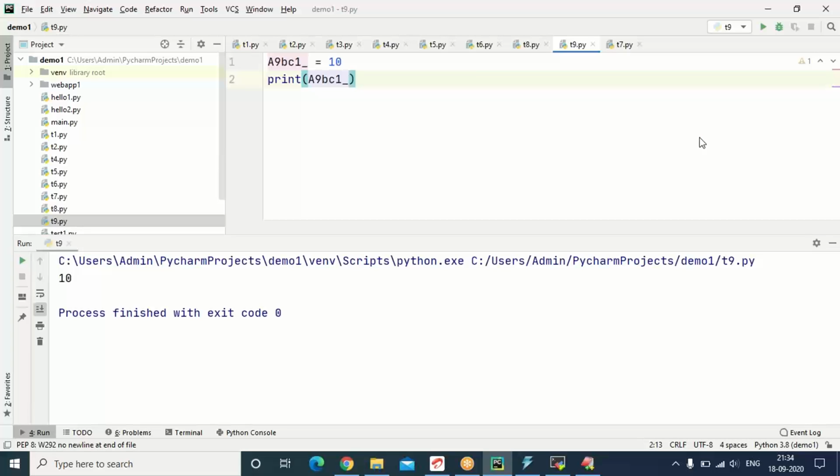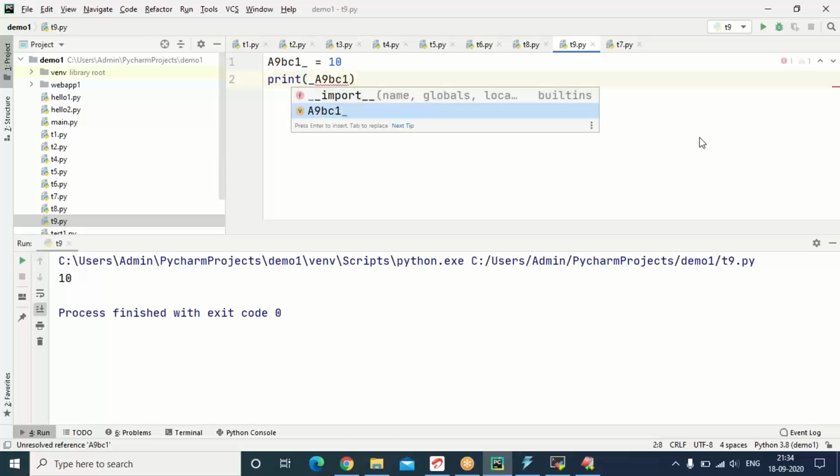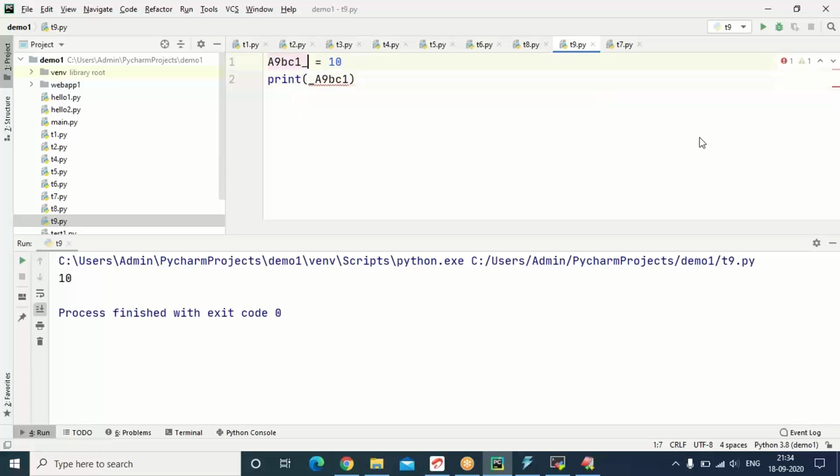Let us see whether underscore is allowed in the first place or not. I'm using underscore in the first place. It is allowed in the first place also.